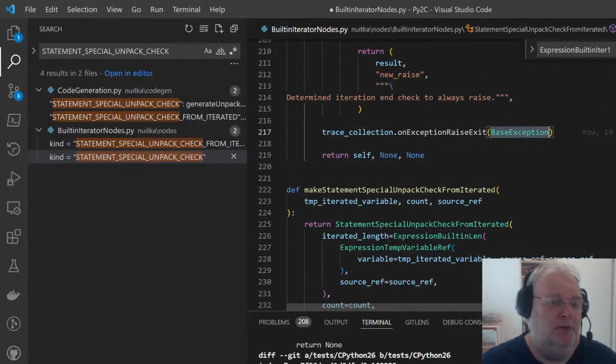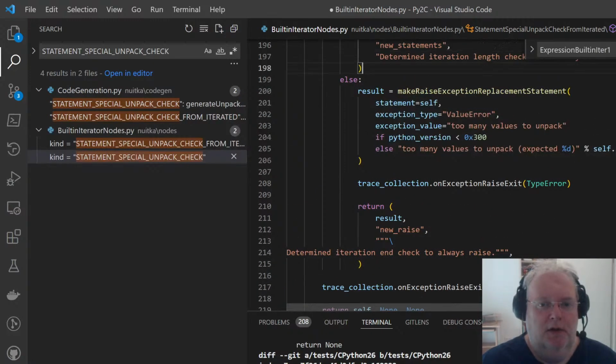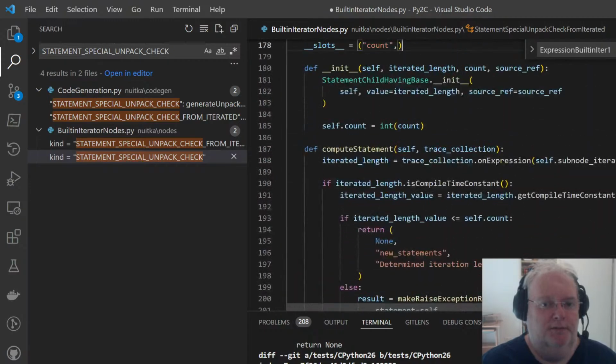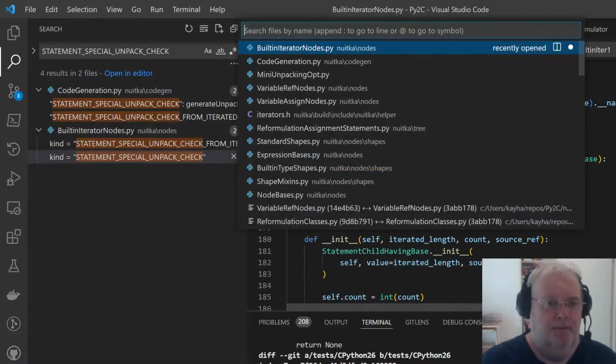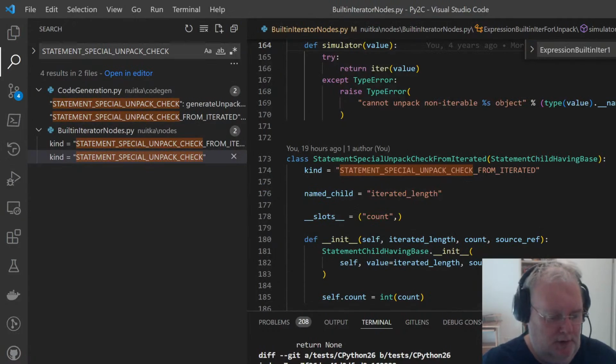So the exception tracing is not good. Basically, it's a Boolean and it always says base exception and never checks anything, although sometimes I will annotate that it's actually a type error. But it makes no difference currently. Getting that right one day will be a huge task. So these are the 3 bits. And with that, I can try and run it.